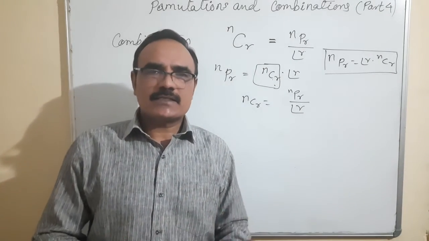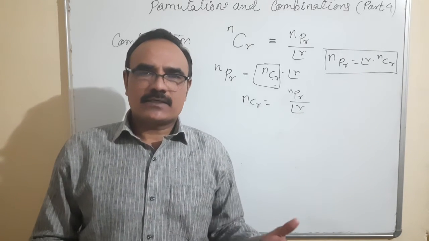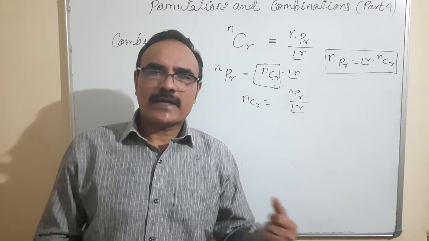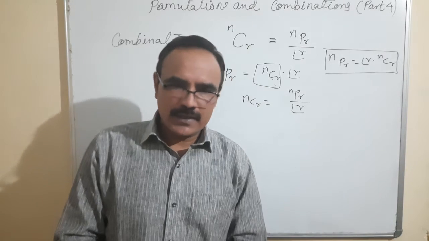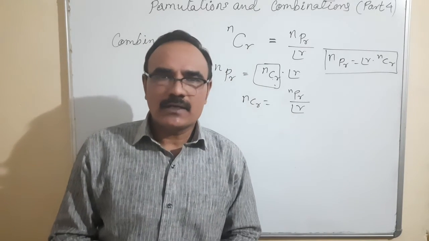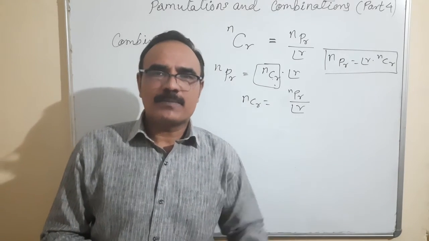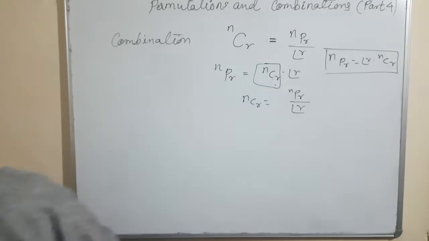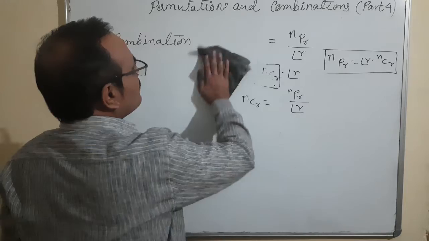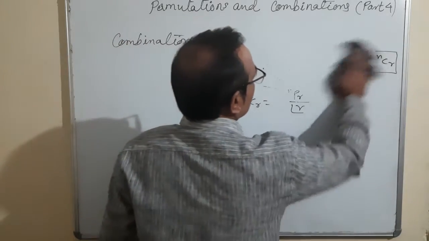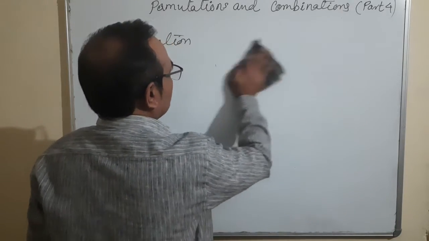In combination only selection is there, selection of particular objects from given objects. But when we are talking about permutation, that means after selecting we are going to arrange in different orders. And the number of ways of arranging, you know, is factorial r if repetition is not allowed. If repetition is allowed, that means n to the power r. So on the basis of that, we'll start this exercise. Next, we should remember one thing: nCr is equal to nPr upon factorial r.